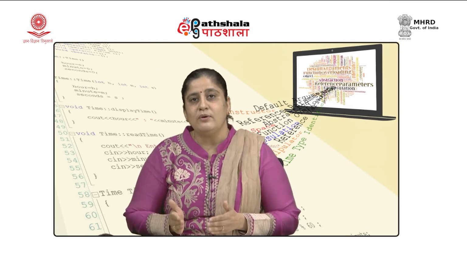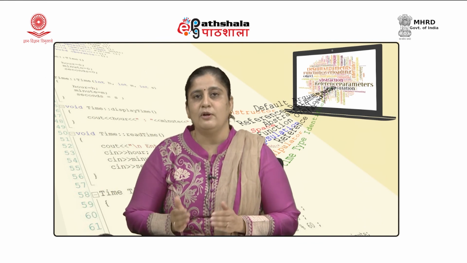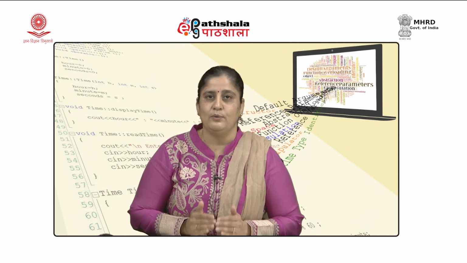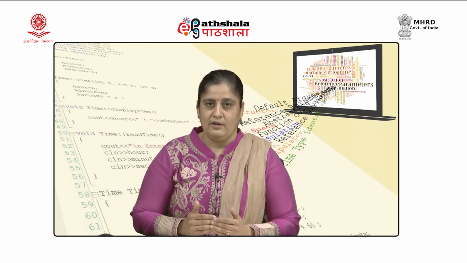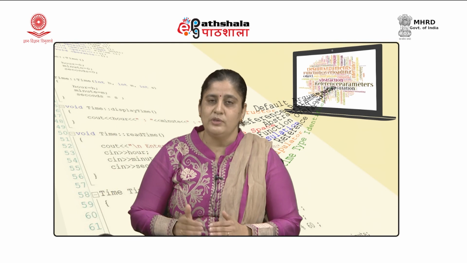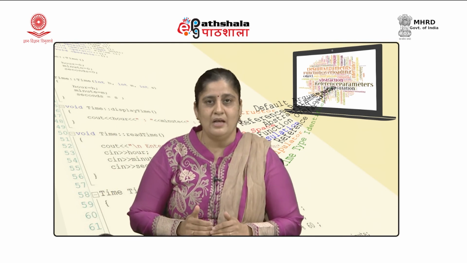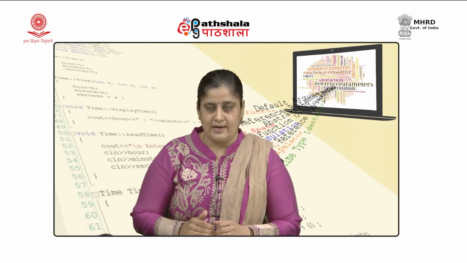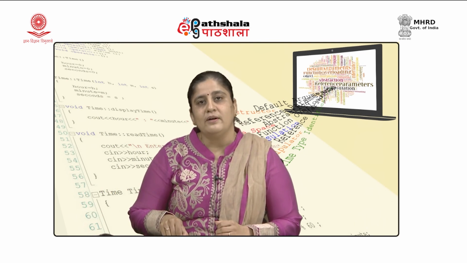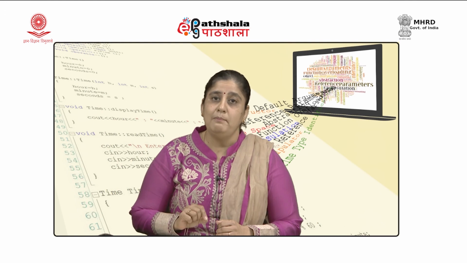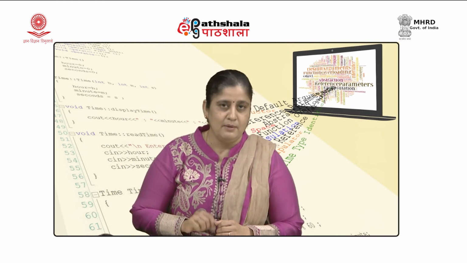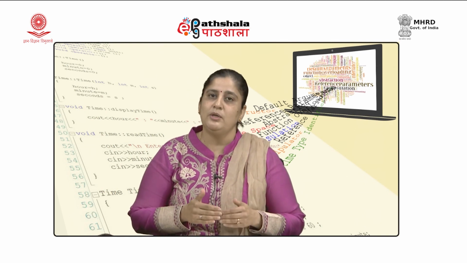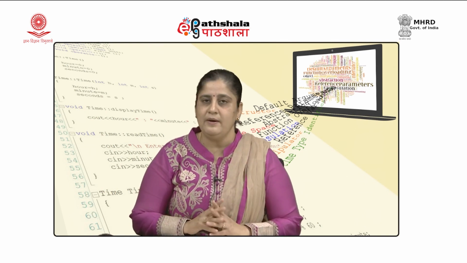If I need to store time, I need to create a variable of class time, and a variable of a class is popularly known as an object. We mostly refer to a class variable as an object. So, if I want to store a time, I create an object of class time, and using the dot operator I will be able to access the public members of the class. Private members outside the class are not accessible. They are accessible to the member functions, but outside the class they are not accessible.